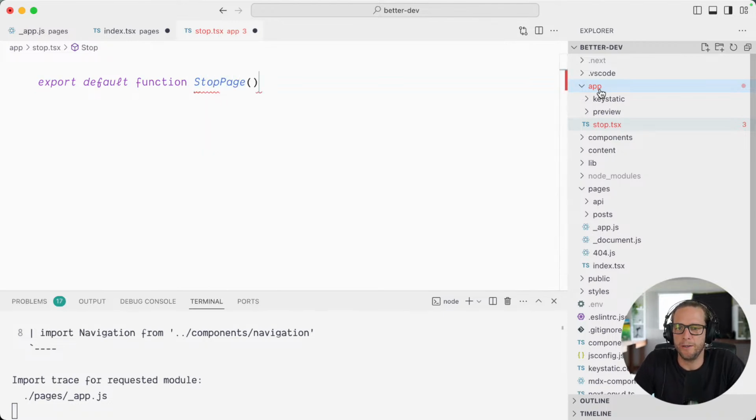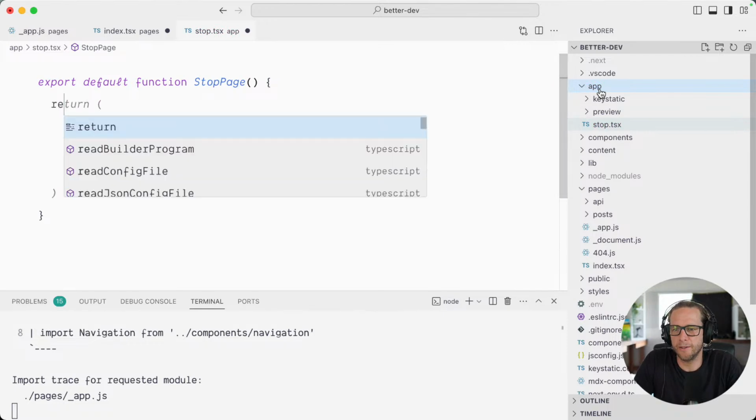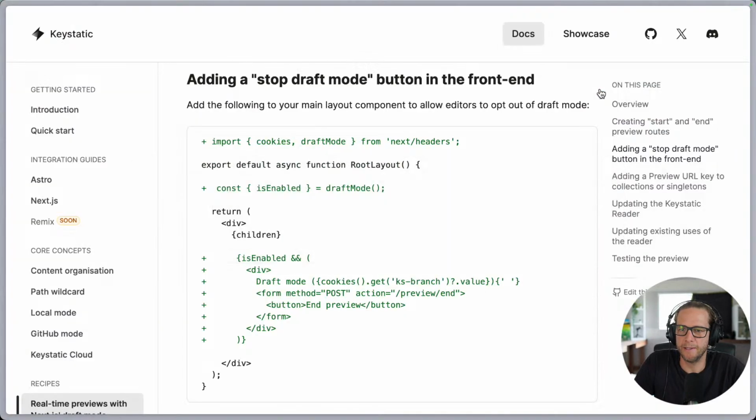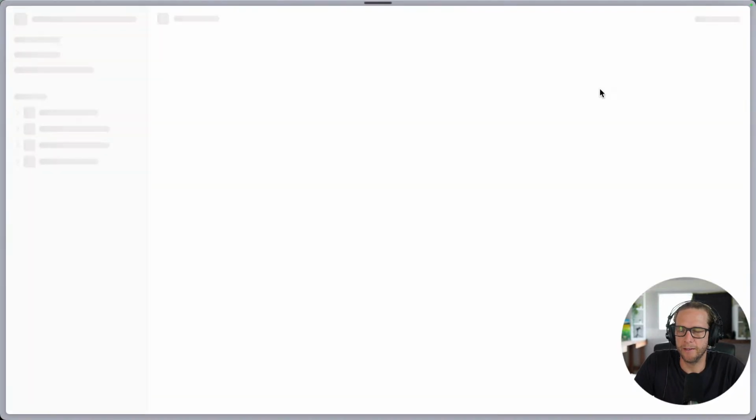Stop page, I guess. See my brain stop. Return, yeah, let's do that. Return stop. Okay, so the premise of that is if I go to my,